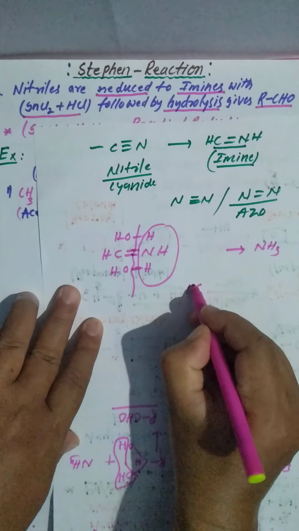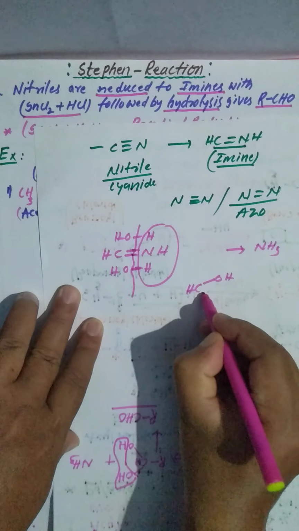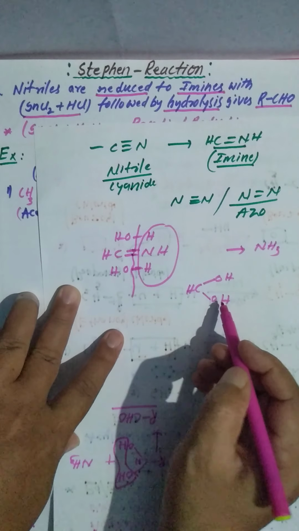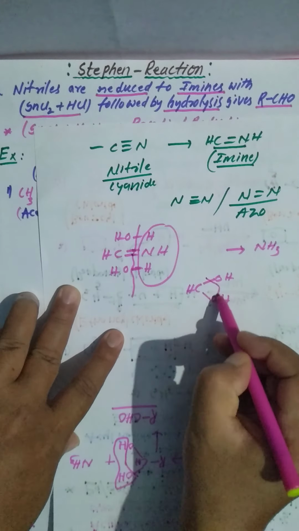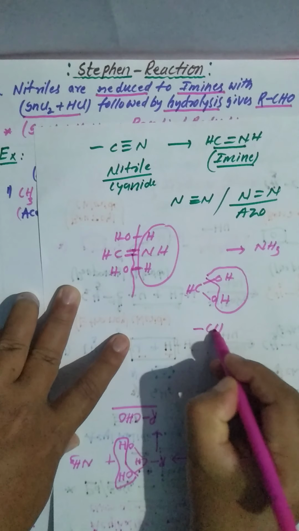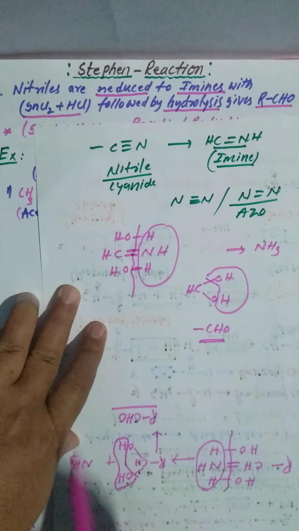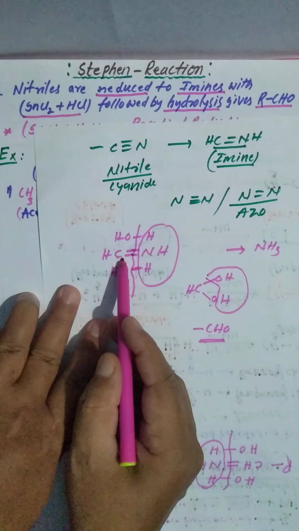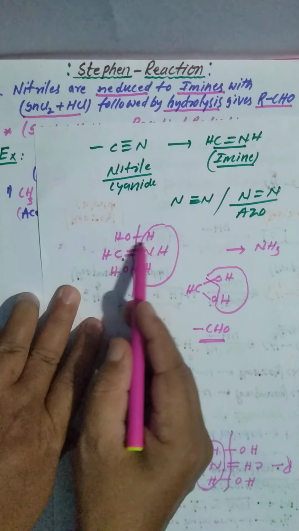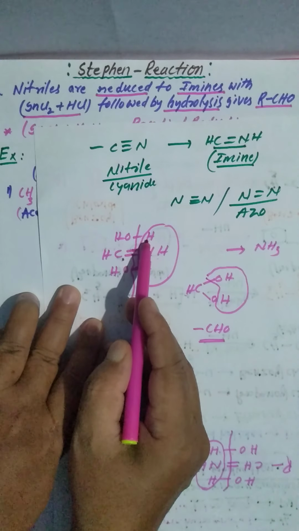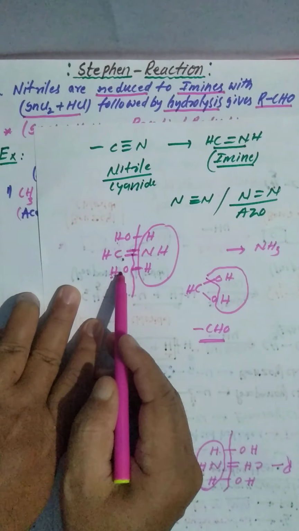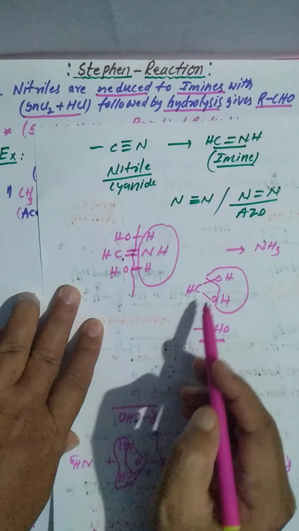Here you see CHOH, means CH bonded with OH and OH. A carbon with 2 OH groups is highly unstable. That's why here a water molecule is going to be eliminated. Then what we have? CHO. Finally we got the CHO group. See, C double bond NH, that is CHNH, whatever it may be. 2 water molecules are involved in the reaction, and here I took HOH, and here NH3 is removed, and here we have CH bonded with 2 OH groups like this.